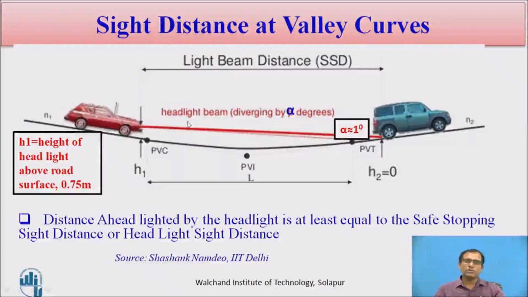This happens because no street lighting is provided at the valley curve, so you must depend entirely upon the headlight sight distance. If you design the curve as a very steep valley curve, the headlight will fall on the lowest point of the valley curve, so the visibility is reduced. You can't see the opposite vehicle or the vehicle going ahead. So this distance must be reserved when designing the length of the valley curve. The headlight sight distance should be at least equal to the stopping sight distance. Here the stopping sight distance is also called the headlight sight distance.